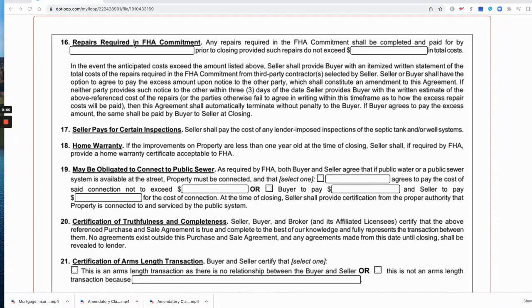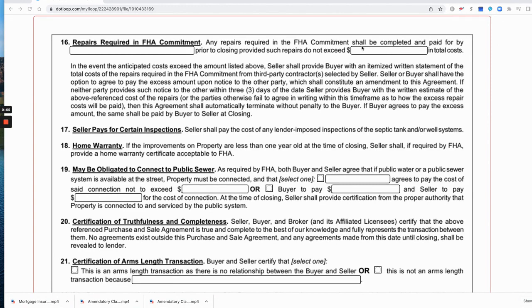So the appraiser may come back and suggest, or actually require, certain repairs be done before closing in order to move forward with the sale. Let's just say there was a railing missing and that railing needed to be completed. It would become one of the loan stipulations that have to be satisfied in order to get it clear to close. So in this section, there is a dollar amount and a person who is going to be responsible for